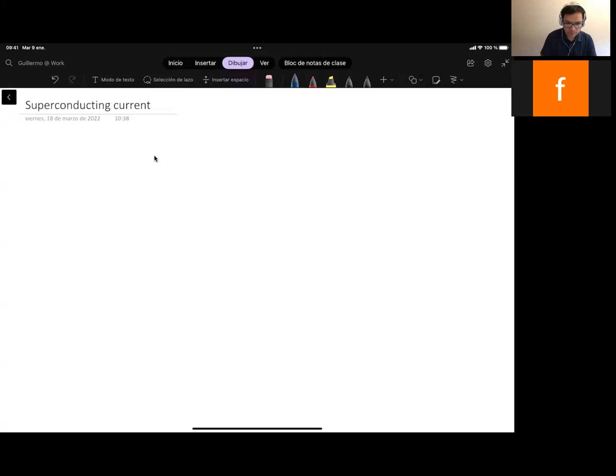Okay, good morning, everyone. Lecture 3. Today I'll discuss a bit on the details about the specific form of this superconducting density current. So this current that we showed yesterday,